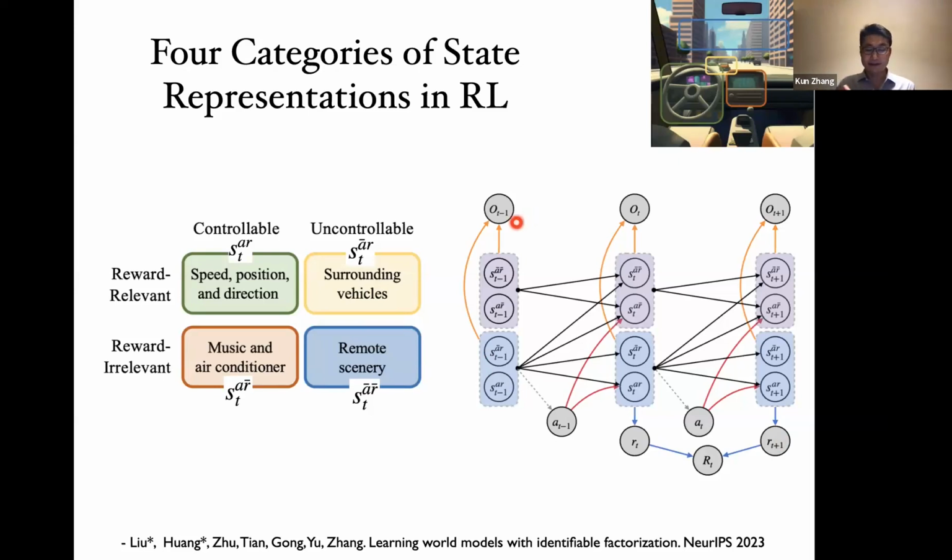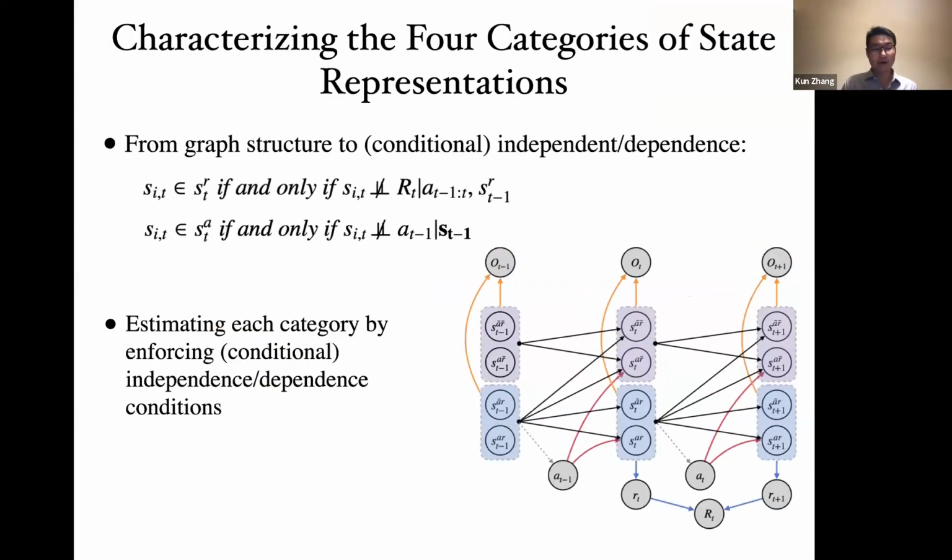The state generates observations, and they also generate a reward and so on. So this is the representation, and you can see how we can categorize different state representations. In total, there are 4 different types of state representations. So then, to solve the problem, first of all, we have to go from the graphical characterization to conditional independence relations, or the conditions involving.